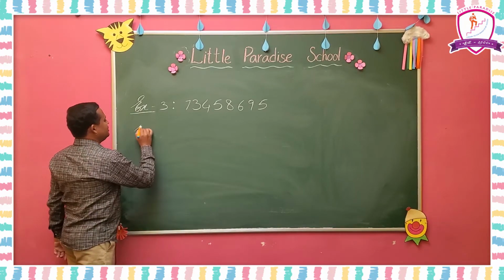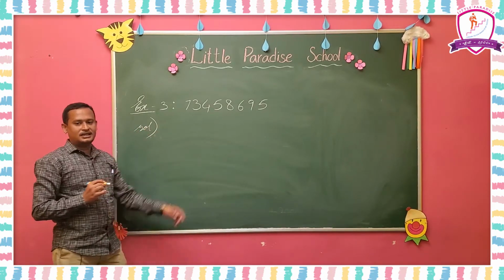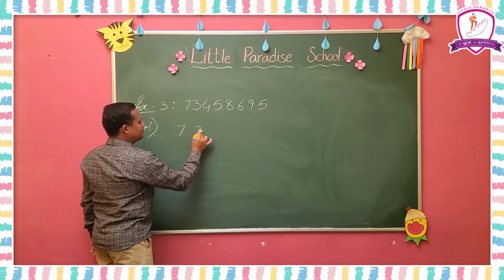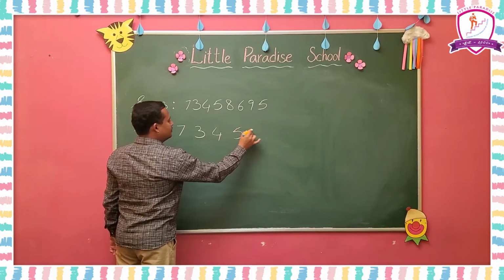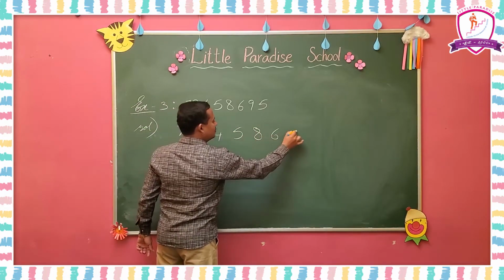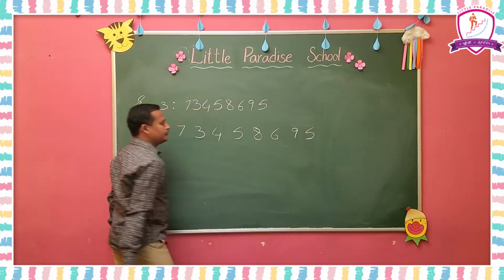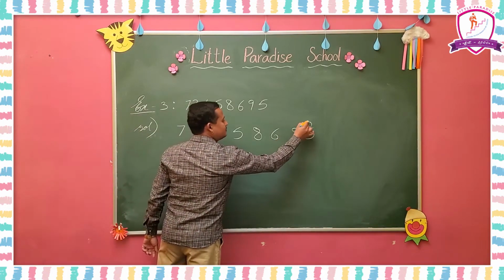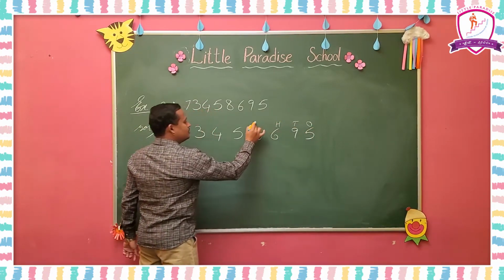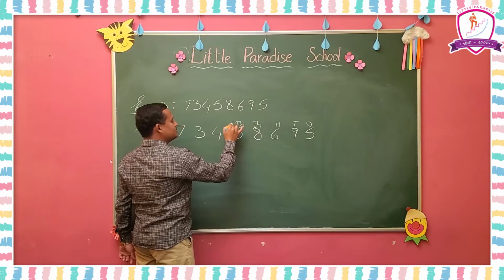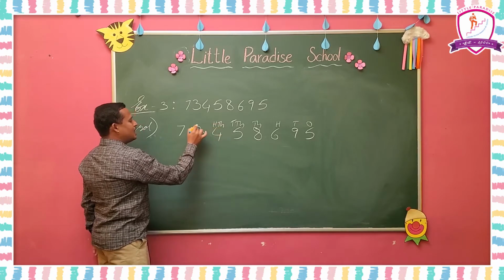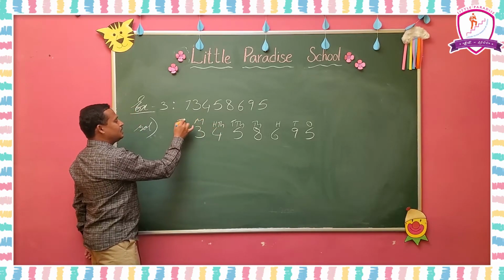When you are writing the number name for this, first you have to write the places. So here you have to copy the number again, like this, and again write the places: ones, tens, hundreds, thousands, 10,000s. Since it asks for the international system, 100,000s will also be there, and next millions and 10 millions.